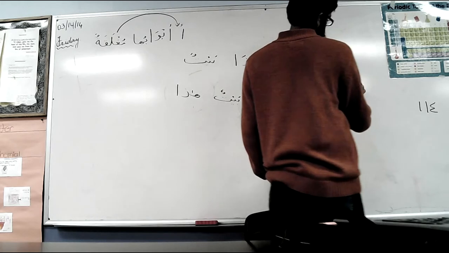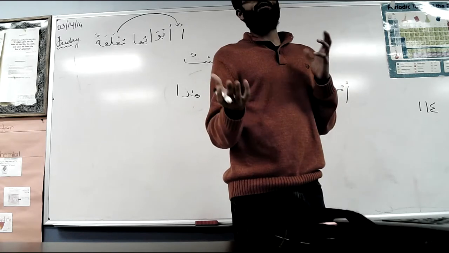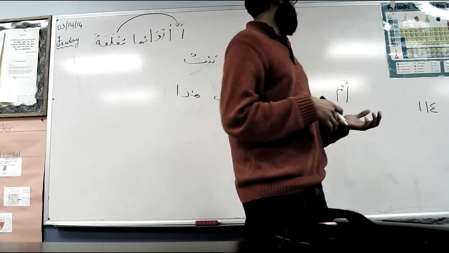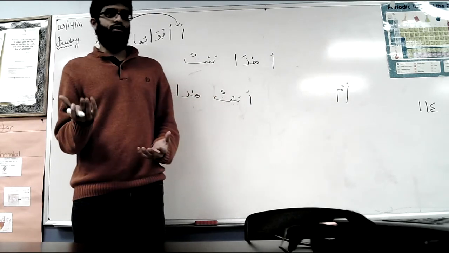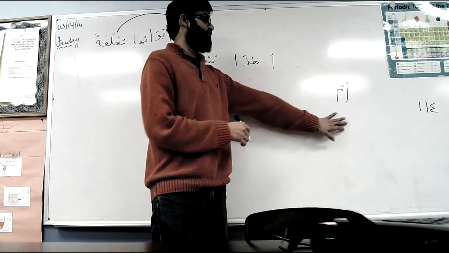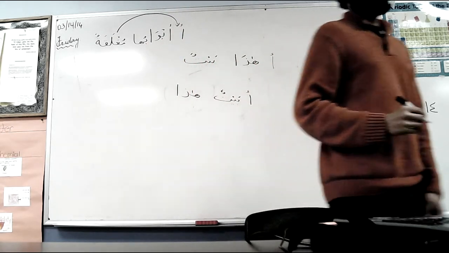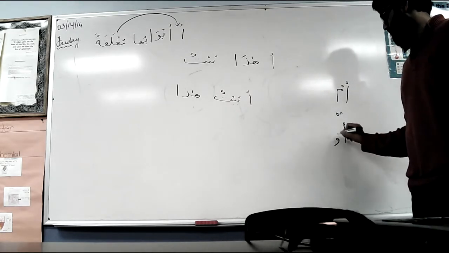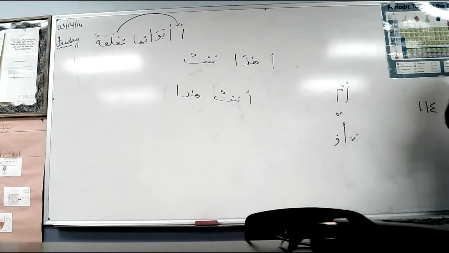So أم is used in questions. When you have a question with two things, you use أم to differentiate one or the other. So you can say أبيت هذا أم مسجد. Is this a house or a masjid? Right. So you use it for questions with one or the other. So it means or. Yeah. So أو is the other one, but that's in sentences. Isn't that more like or? They're both or, but أم is specifically in questions.